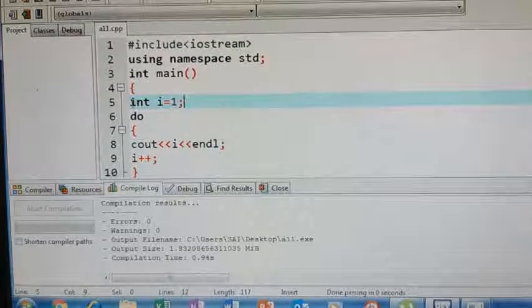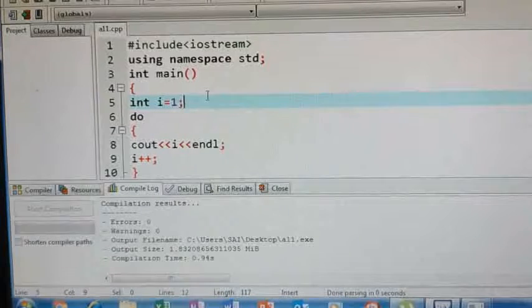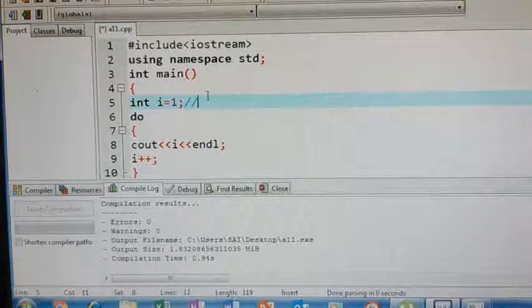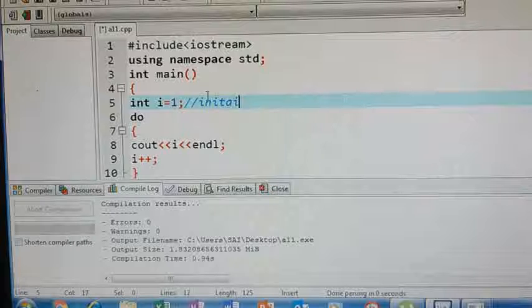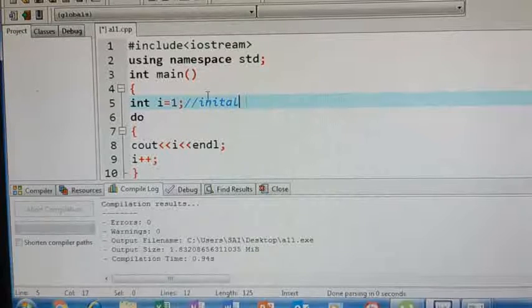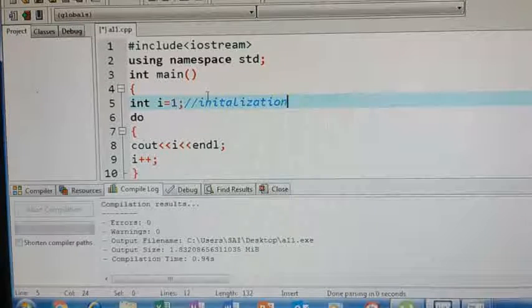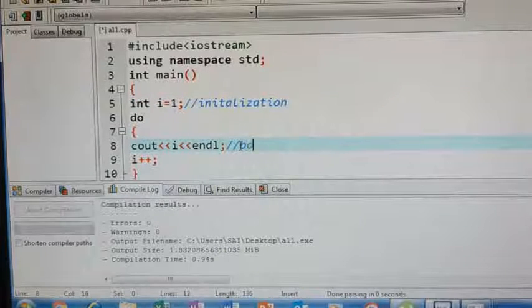As usual, it is an initialization. Same as we did in a while loop also. Initialization. Next, this is the body of the loop.